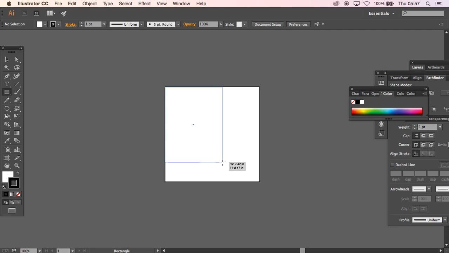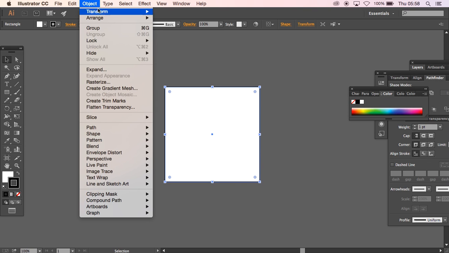drawing boxes. So, I've drawn a box around the file, around the canvas, I guess you'd call it, and I'm going to divide the box. So what we do